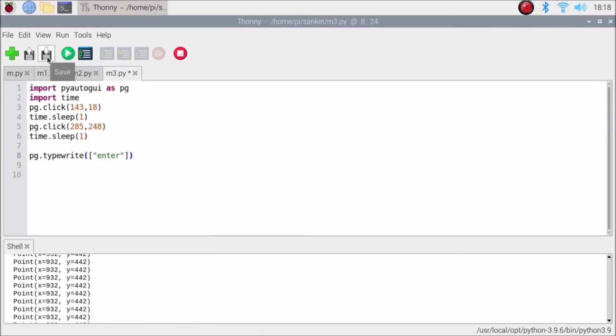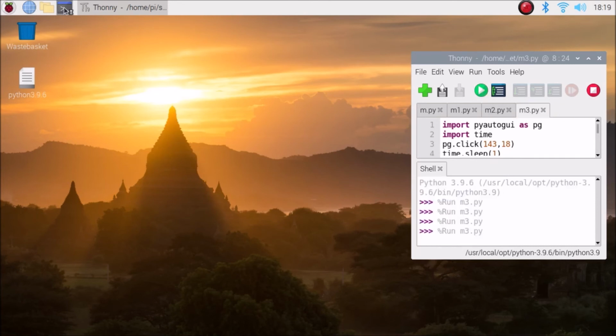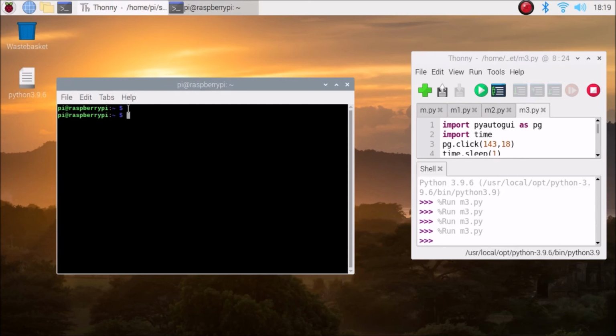Okay, so now we are going to save the code and we are going to run our script. So let's just run the m3.py, open the terminal and just hit enter. Okay, so we have successfully opened the terminal and hit enter using PyAutoGUI.